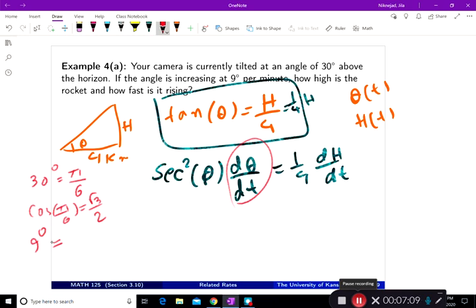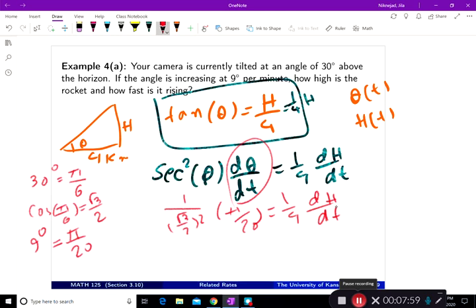Then 9 degrees, and you're decreasing it by what factor? By a factor of 20, so it's going to be pi divided by 20. So I have 9 degrees per minute is pi over 20 radians per minute. And so I'm writing it in here. Secant squared is 1 over cosine of pi sixth, which is the square root of 3 over 2, to the power 2, and times pi over 20 is equal to 1 over 4,